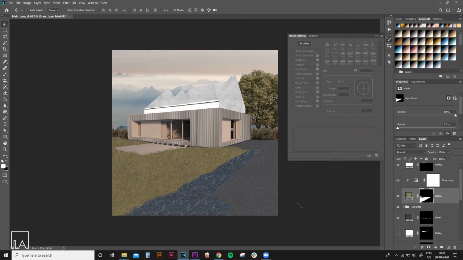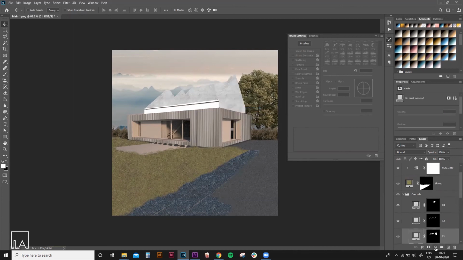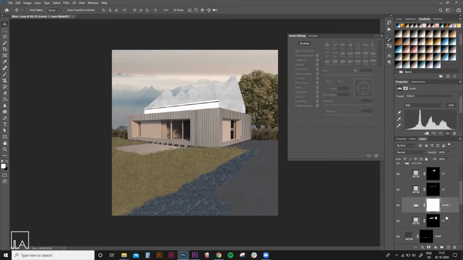Now, as you can see, since all the patterns have been added by us into Photoshop, there isn't any sense of light and depth on any of the surfaces, and currently all the surfaces just look like they're receiving light from one end. So to create that variation of light on different surfaces, we will be introducing a levels adjustment layer and controlling the darkness and brightness of the different faces to create a variation in the shades on different surfaces. The process of creating a levels adjustment layer is similar to the others, like hue and saturation. We will have to create an adjustment layer, clip it to the layer that we want to affect, and then adjust the values.